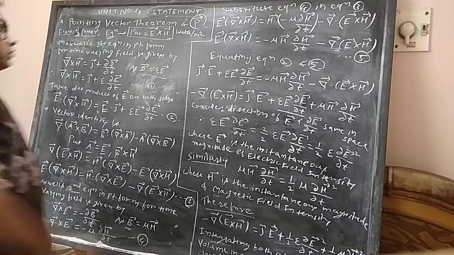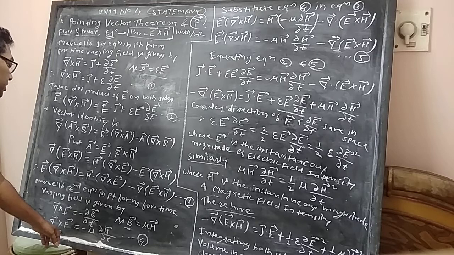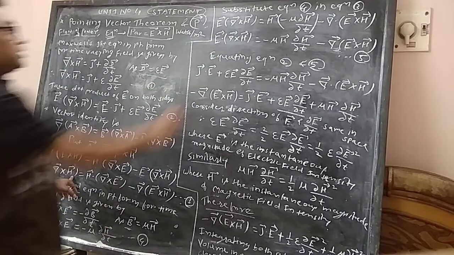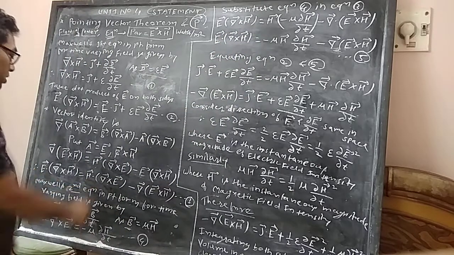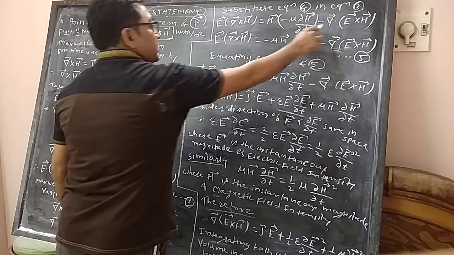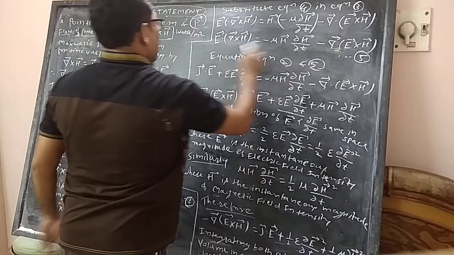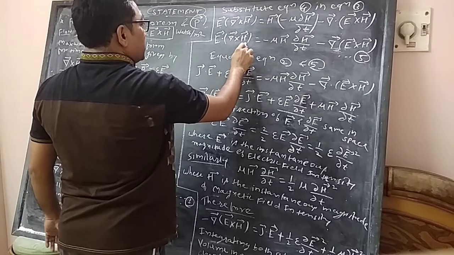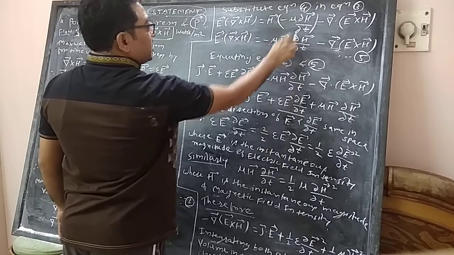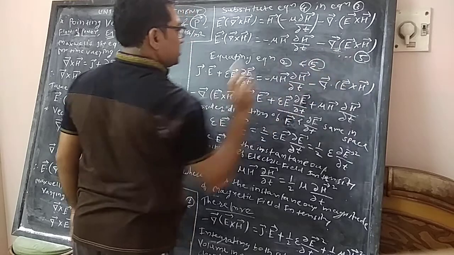Now what we have to do? We have to substitute here equation 4 in equation 3. Equation 4, that is del cross E vector, putting this value here in equation number 3. So E vector dot del cross H vector equal to H vector dot del cross E vector, just as we have calculated, minus mu del H vector divided by del t, minus del dot of again E vector cross H vector. It is the same. So rearranging this term, E vector dot del cross H vector equal to minus mu H vector dot del H vector divided by del t, minus del dot in bracket E vector cross H vector. This is equation number 5.